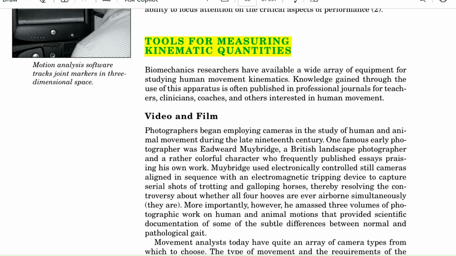You cannot just judge a movement; you can work on analysis, you can plan the whole movement, and you can take care of everything related to that movement. Then at the end you can conclude that this movement is good, this movement is not good, and there is a need for other training as well to improve the patient's or athlete's performance, and so on.